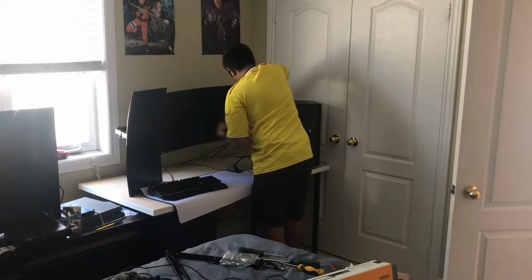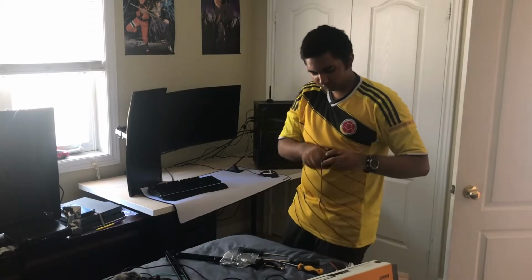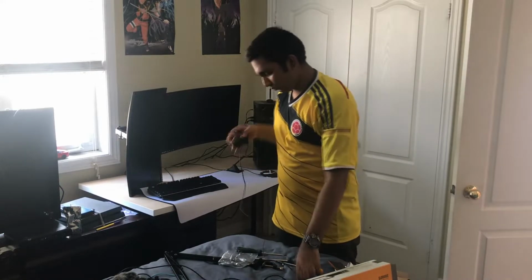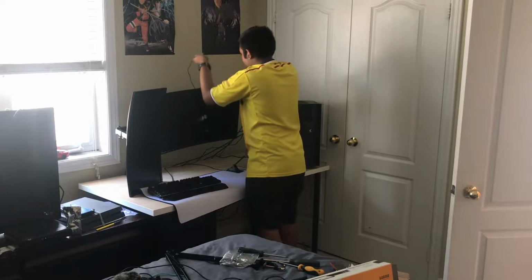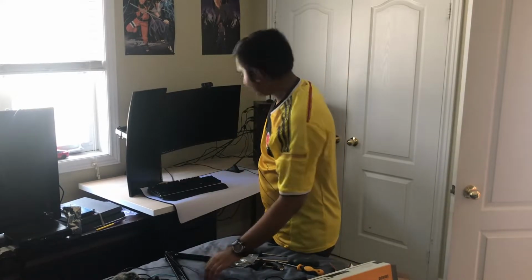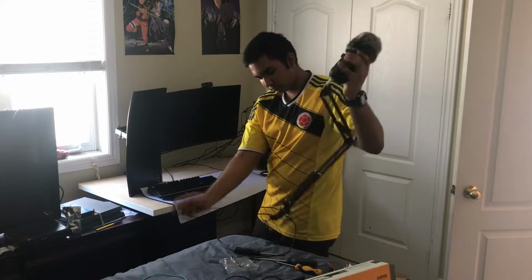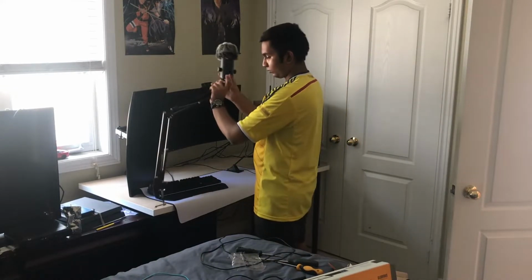I waited a little while to open the mouse pad. I didn't want to use it just yet because for my other desk it was literally too small, so I decided, hey, might as well just wait till I get my new desk and then use it together. So that's me putting together my mouse and keyboard, connecting it all. You guys can see the wires are all over the place. But after taking some time out of my day to manage the cables